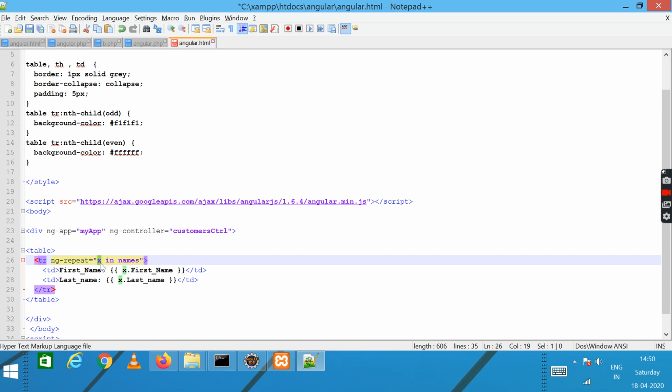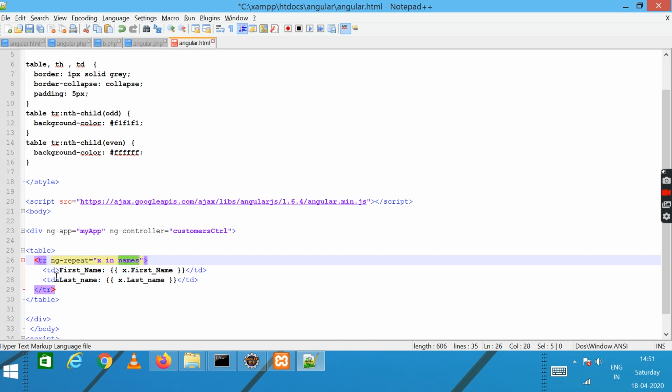Suppose x is whatever we read from the data, like an array, and we are printing each row of that particular array, then it is used with ng-repeat, and it stores in the form of x as the variable used in terms of the array to read.